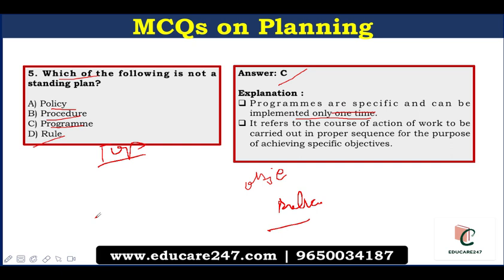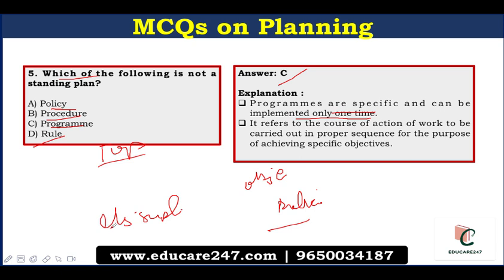Coming to rules, they are the simplest type of plan chosen from alternatives. A rule requires that a specific action can be taken or not taken with respect to a situation. It is more rigid and more specific than a policy. It guides actions but provides no discretion in its strict application. Of course, rules are essential for discipline and smooth operations of a business. For example, no smoking rule in a factory is applicable to all, including the top executives,